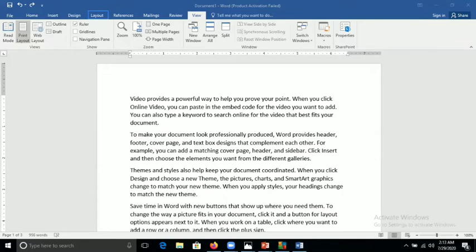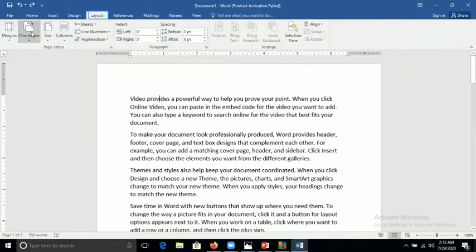After that you will find here one group, that is the Page Setup group. In the Page Setup group you can see the first one is Margin.